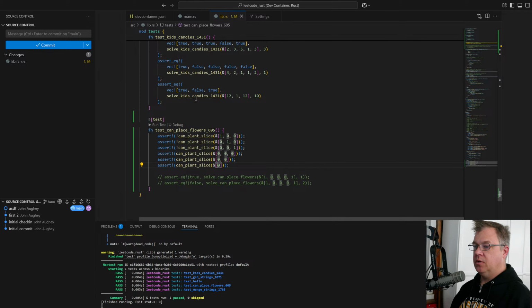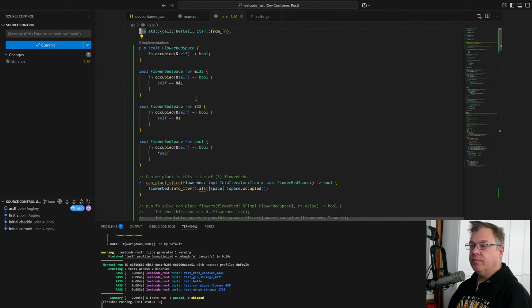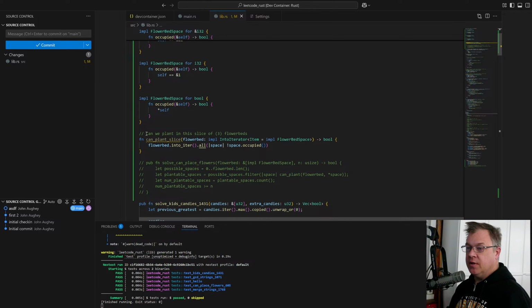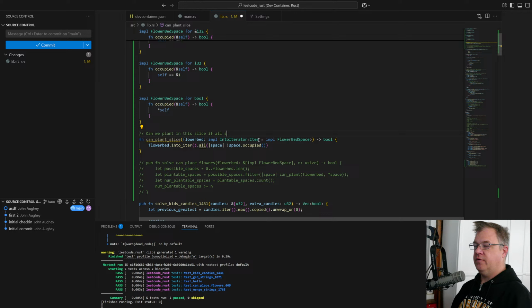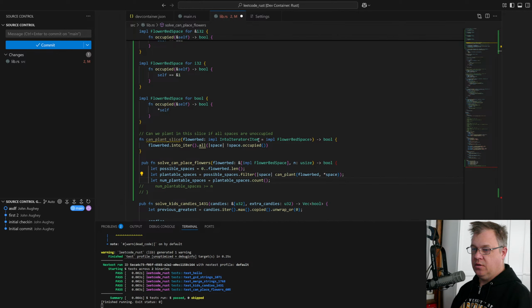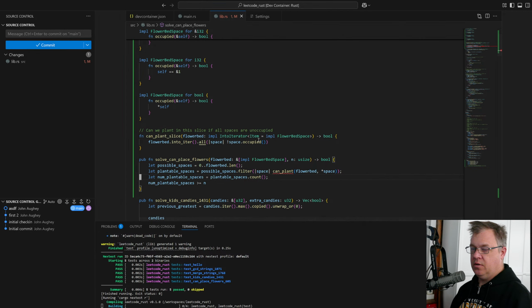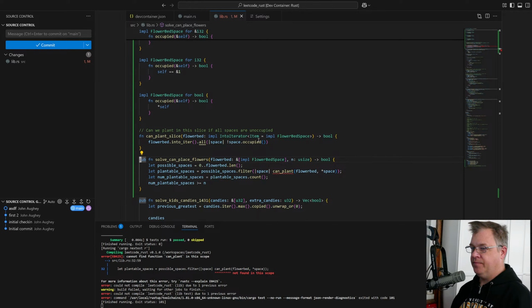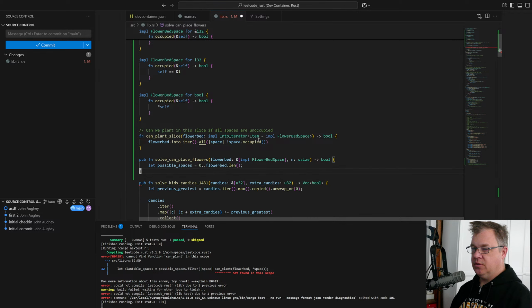Good. This is easier. And we can plant in this sort of slice if all spaces are unoccupied. It's not quite what the thing says, but we're going to give it a go. So these are our possible spaces. Ooh, there we go.